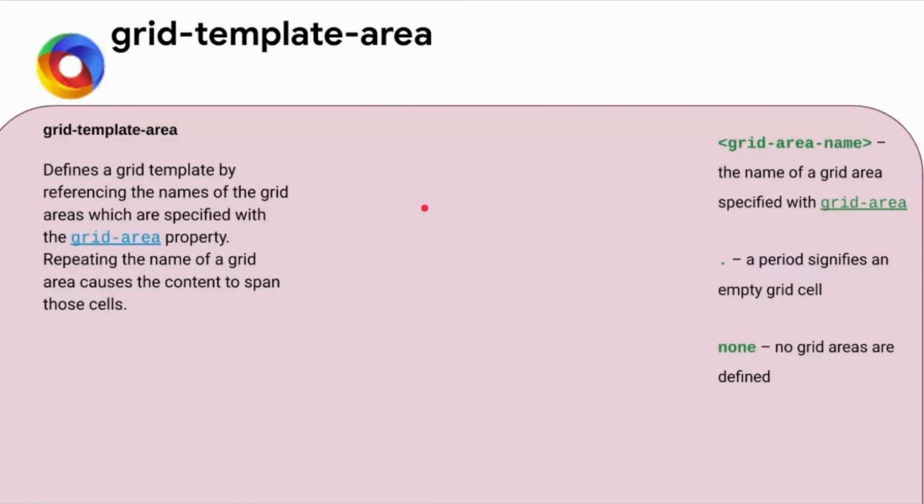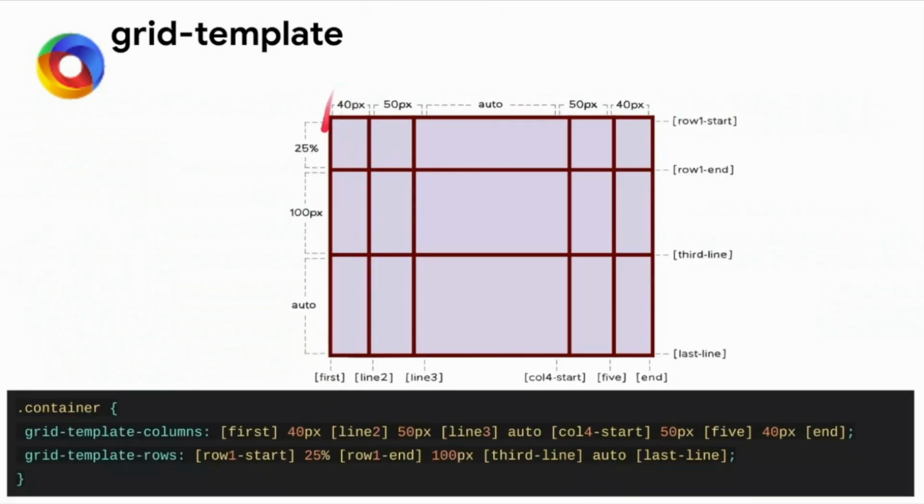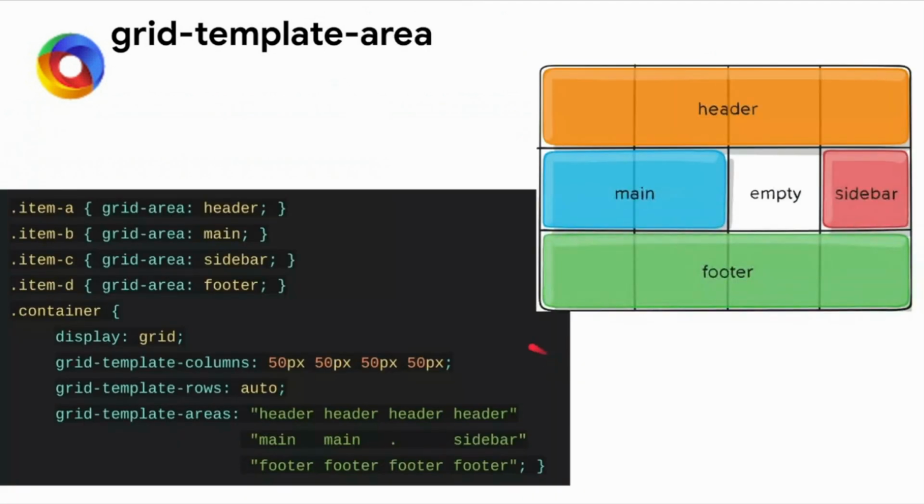Okay, now coming to grid template areas. What exactly grid template areas are: you can name a particular area. We have seen here that we named particular grid lines. Here we have marked the first grid line as line 1, the second one as line 2, the third one as line 3, like that. Similarly we can mark an area. So here if you can see, this area is there, I have marked this as the header, this one as main, this one remained empty, this one as sidebar, and this one as footer.